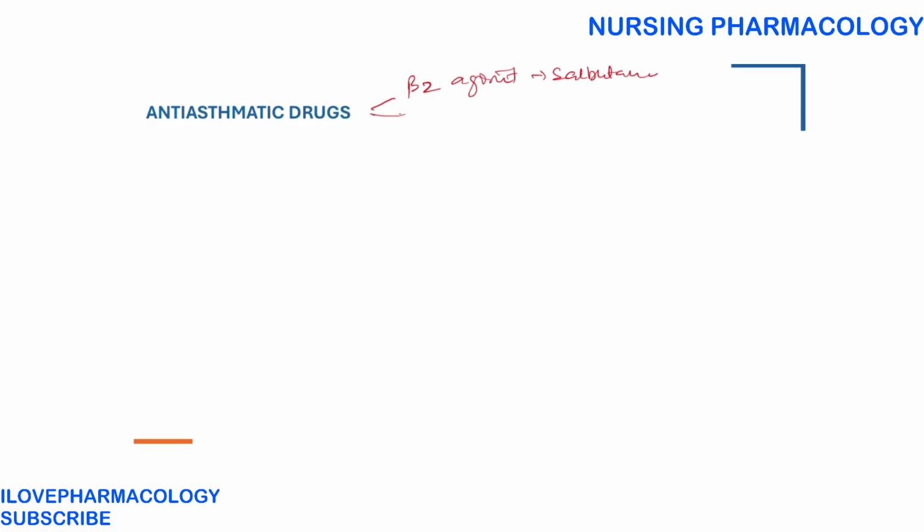You can use the corticosteroids, basically the inhalers like budesonide. You can use montelukast, which is the leukotriene receptor inhibitor or leukotriene blocker, and also you can use ipratropium bromide, which is an